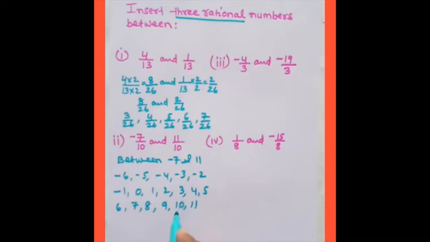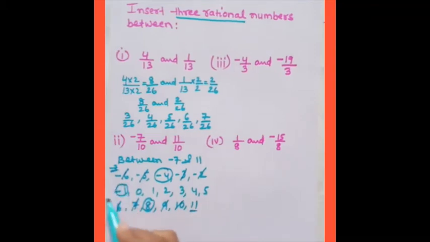Suppose you are choosing 10. No, don't choose like that. The first number you have got from minus 7 and 11, so you leave this and leave minus 7 from the last. Now see here. Cancel 1 from here. Cancel 1 from here. Cancel 1 from here. Cancel 1 from here. Now suppose you are taking minus 4 here and 8 here. Again cancel 2, cancel 2. Now you take this one and this one. Again you cancel, and you are getting this.